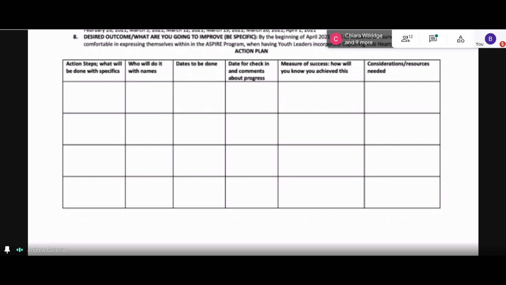But before that, when you do your action plan, that's a great thing to list in your steps. But you also have to keep in mind that when your supervisor gets this, they're going to ask, well, what are you going to do prior to that workshop? What are you going to do before that? These are going to have steps for your staff and students. That's why it says who will do it, with names. That's where you're going to put that.